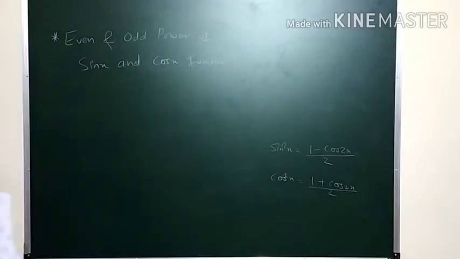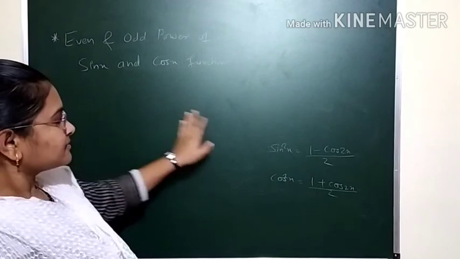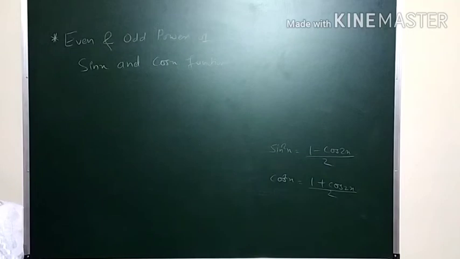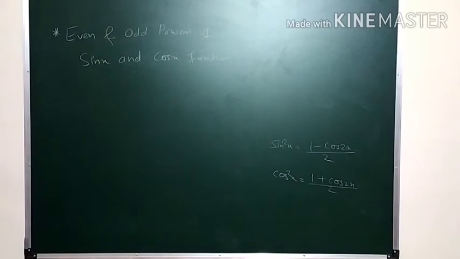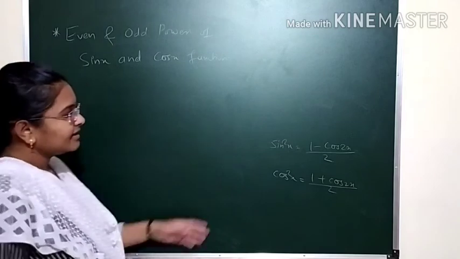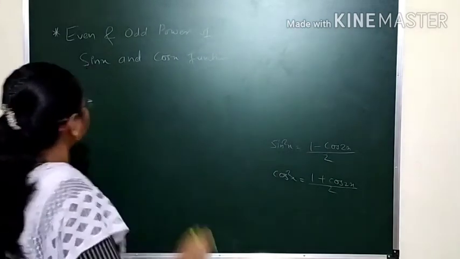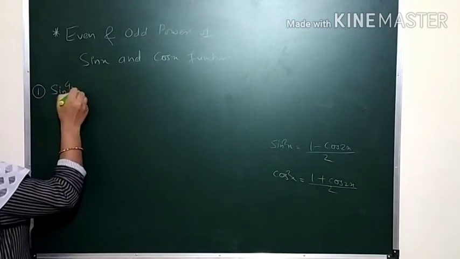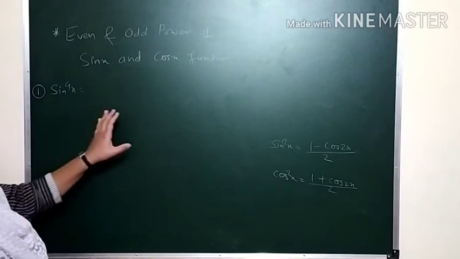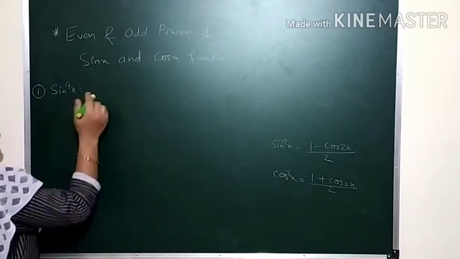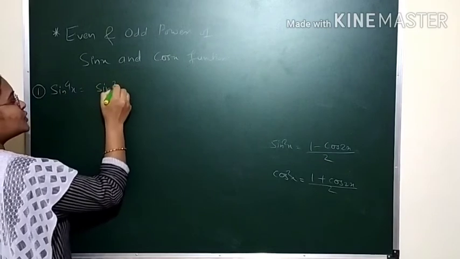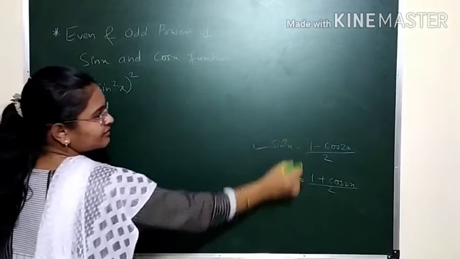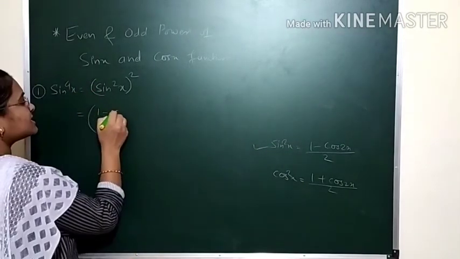Now here also we'll convert sin square x and cos square x into the double angle formula of cos x, and then we'll write it for sin raised to 4x. If you want to integrate sin raised to 4x, how will you use the form? Directly I can write the form, but you will not get it, so we'll solve it. Sin raised to 4 we can write as sin square x raised to 2, and sin square x is 1 minus cos 2x by 2.